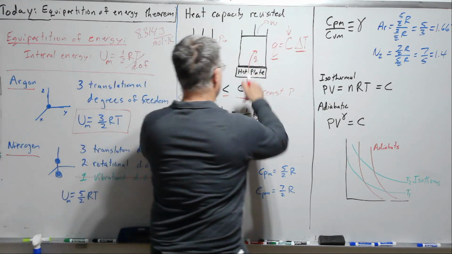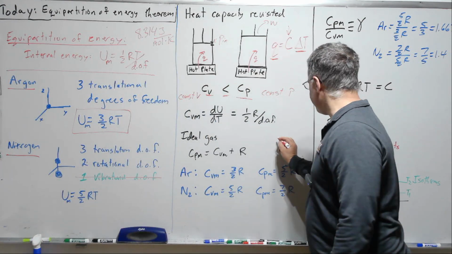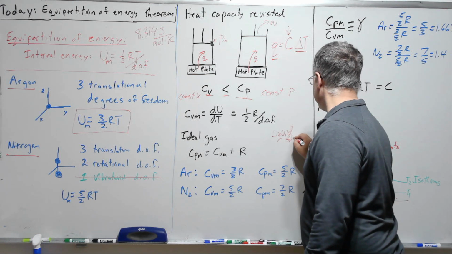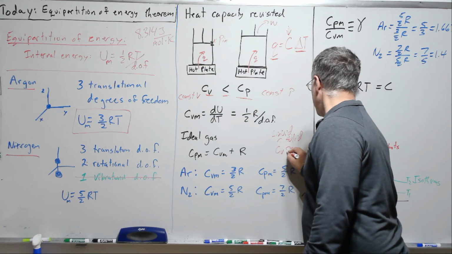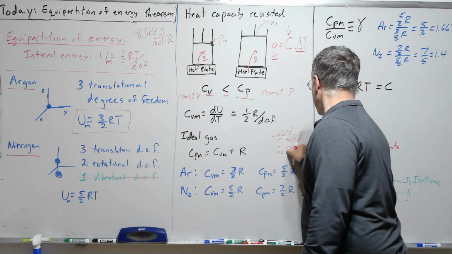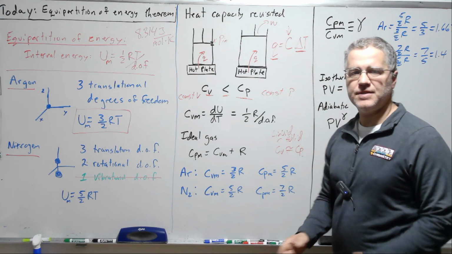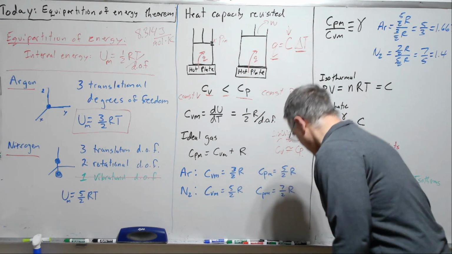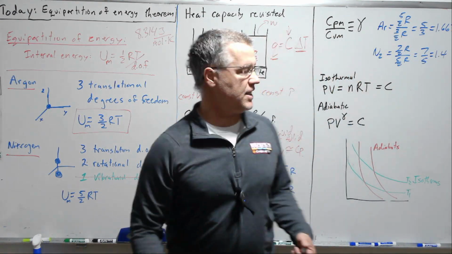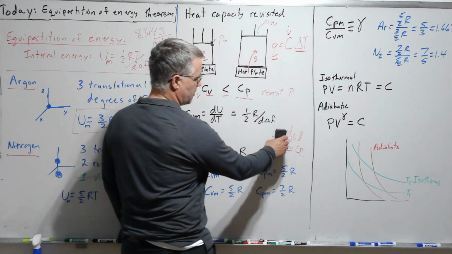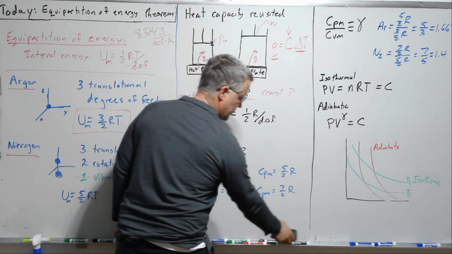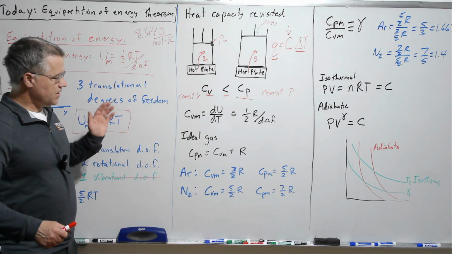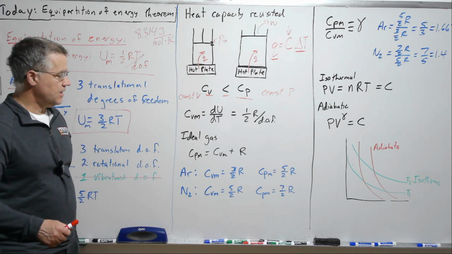So when we compare these two differences, for a liquid or a solid, Cv is approximately equal to Cp. Cp is just slightly bigger. So you can get away with calling heat capacity at constant volume the heat capacity at constant pressure if you're talking about a liquid, and you don't have to be super, super careful. They're almost the same. But you can't do that with gases. Gases are quite different. So let's use the equipartition of energy theorem to get the heat capacity,